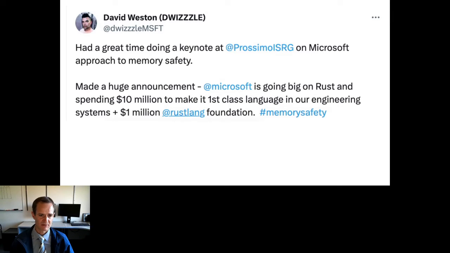This is a tweet from somebody at Microsoft saying that recently Microsoft is going big on Rust, and they're going to convert a lot of the core code that they use in Azure, I believe it is, over to Rust. The primary motivation there is memory safety. But I think there's also benefits as far as it being an enjoyable language for people to code in. In surveys that are given to programmers, Rust is at the top or near the top of languages that people enjoy writing code in. And I would say probably more so than C++.